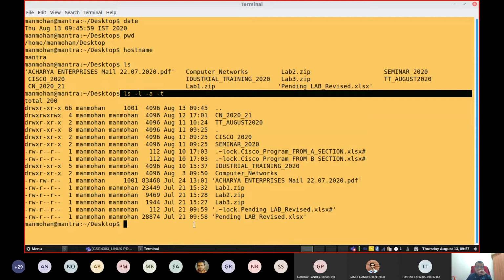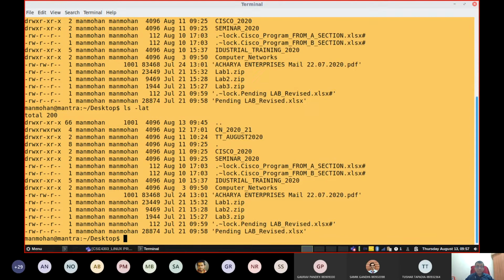Say July 21 is the oldest file here, which is created at 9:58. Then next is 9:59 on July, and so on. It is possible, and you can change this permission also. And one more thing is that the usage of options is very flexible. So instead of using ls -l -a -t, you can also type ls -lat. One single hyphen is also sufficient. You are going to get the same output. This is what you need to remember.